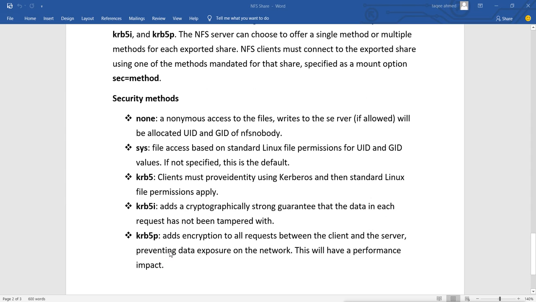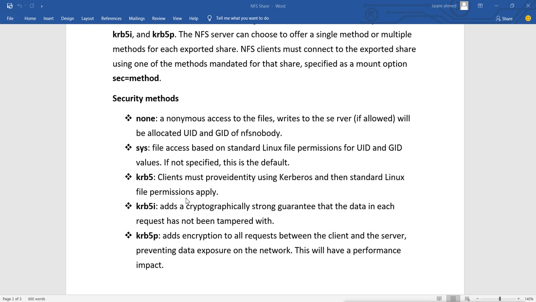But remember, for configuring krb5, krb5i or krb5p, first we need the Kerberos server to be configured. And the Kerberos server will provide the Kerberos key for the client and the server. So with the help of that Kerberos key, we can secure the connection between the NFS server and NFS client.